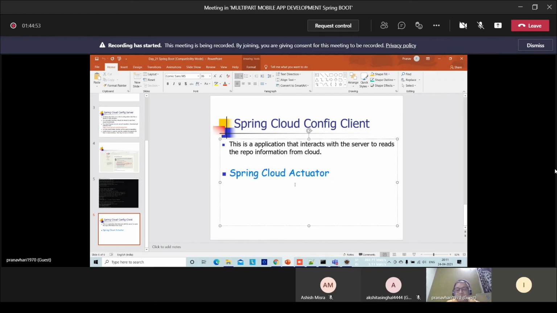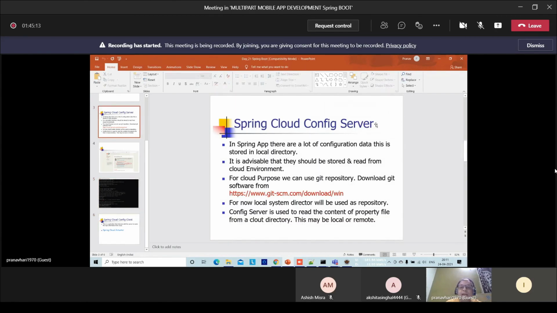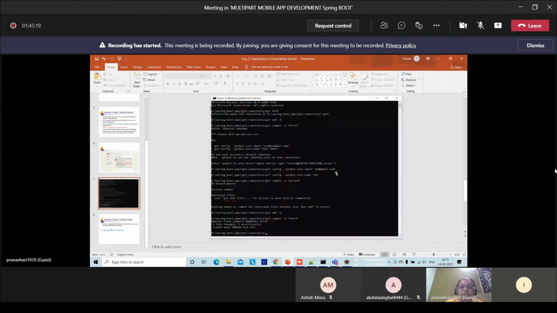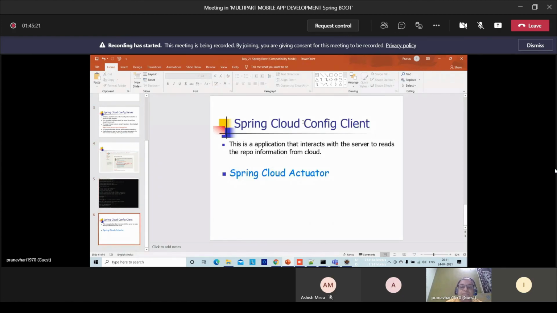So in the next class, today's chapter itself was lengthy, but because I saved my time in typing, I could complete both the Spring Cloud config client and config server. These are the two things: config server and config client.